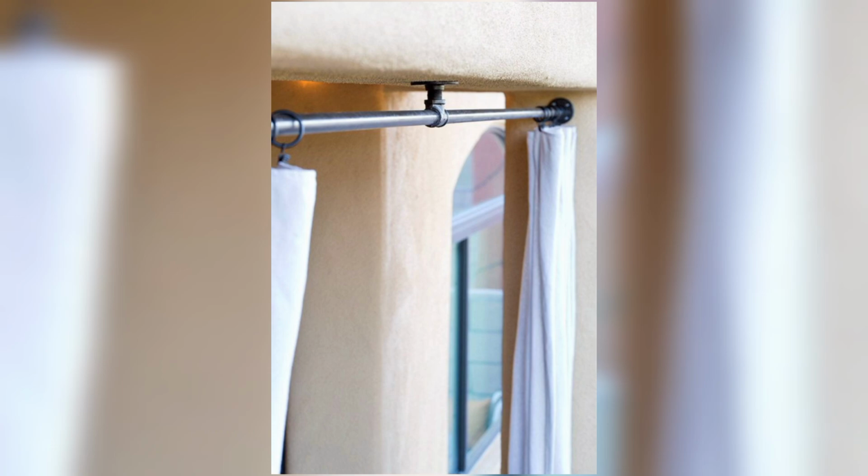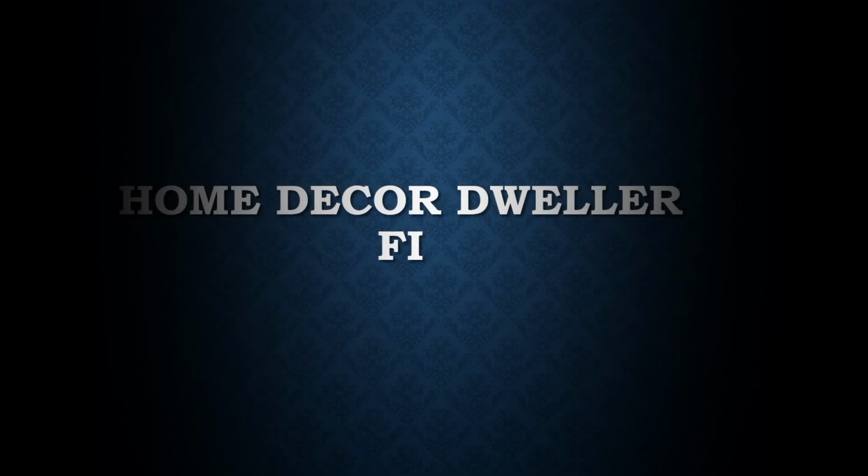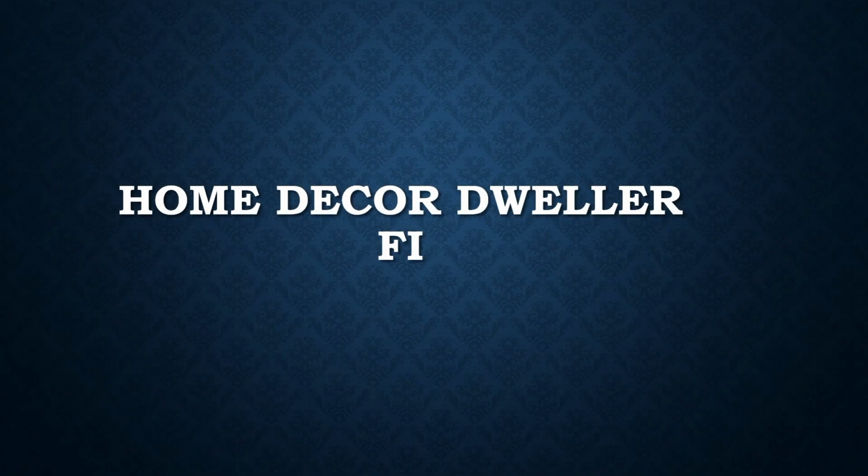Enhance your patio with cottage not only add a touch of style but also allow you to express